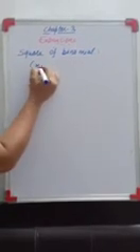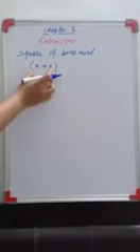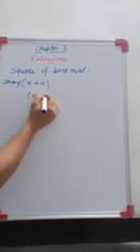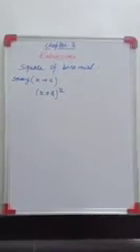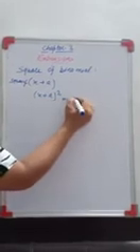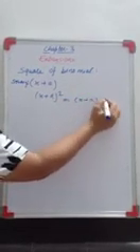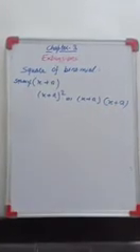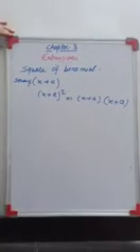Second topic, square of binomial. In square of binomial, for example, I am taking a binomial x plus a, right? I want to calculate the square of this. Square of this means to say square of x plus a. So it will be what? X plus a square, right? So we know that squaring means to say the same term is being multiplied by itself. So x plus a square, it will become what? X plus a into x plus a, right?